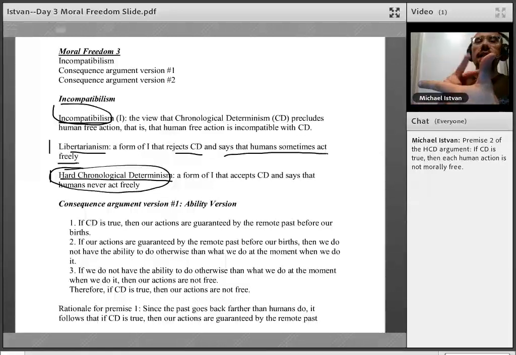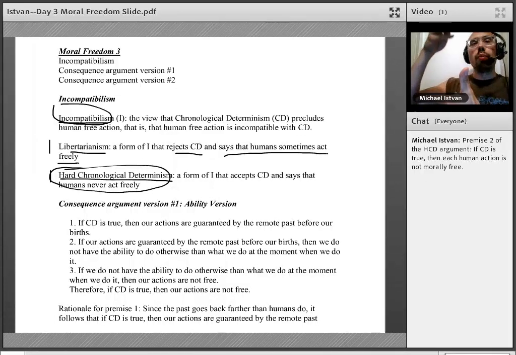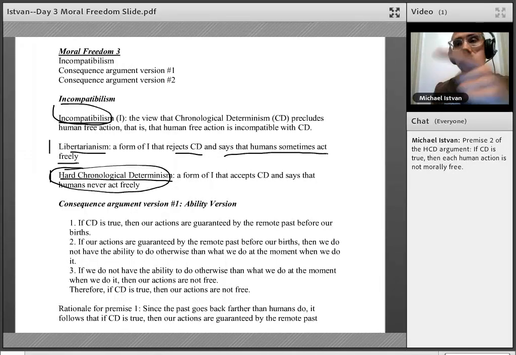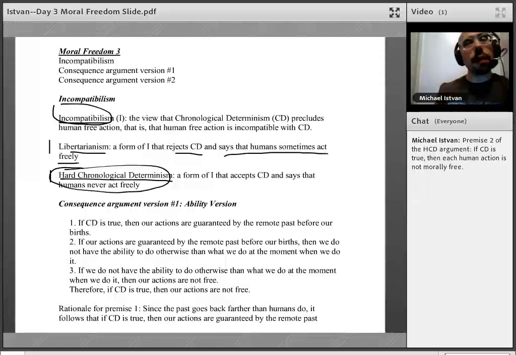One, I gave you a quick defense of premise two of the HCD argument on day one of moral freedom at the very end. And also, for lack of a better way to put it, we shot pretty heavily on compatibilism, which is the opposite view. We've raised severe problems, it seems, for all the arguments that compatibilists used to defend their view. And we also raised problems for the main forms of compatibilism, Hobartian compatibilism, Stasian compatibilism, and combo compatibilism.